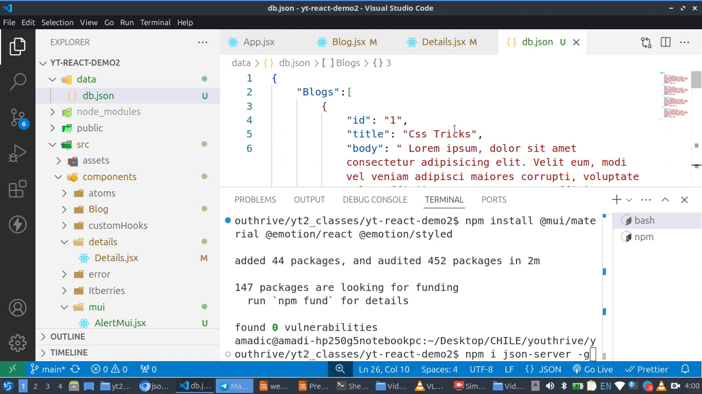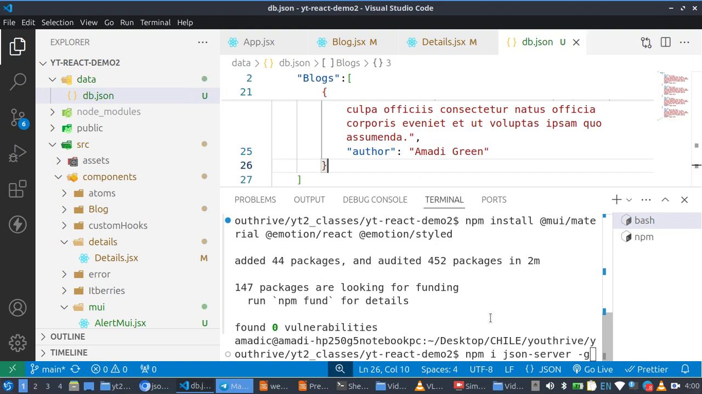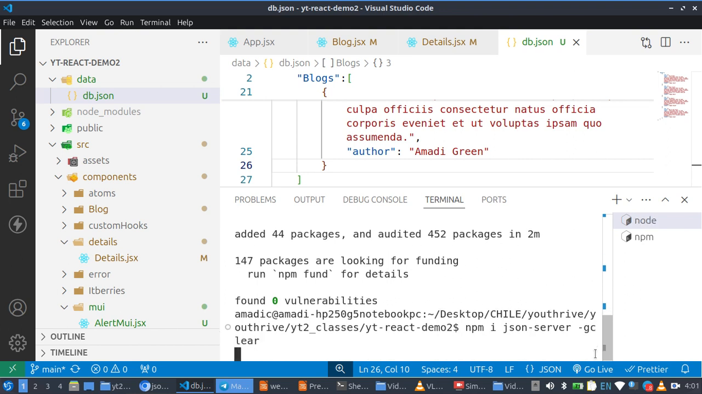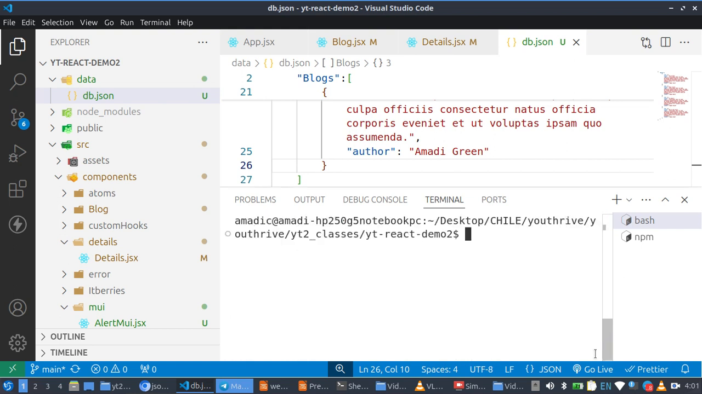Then I think I should minimize this a little. Okay, so let me leave it like this. So what I'm going to do now is clear this terminal to see. So I'm going to clear this terminal. Then I'm going to type